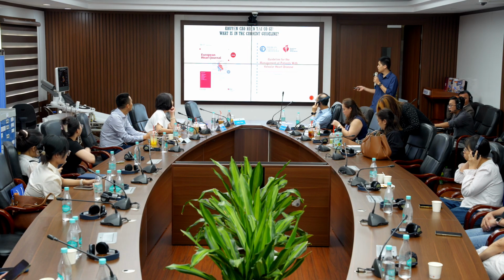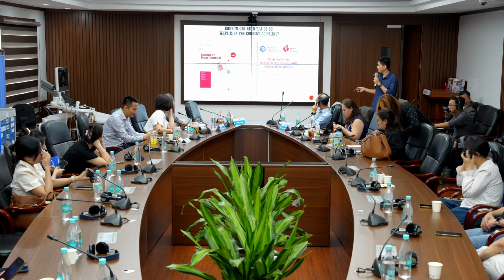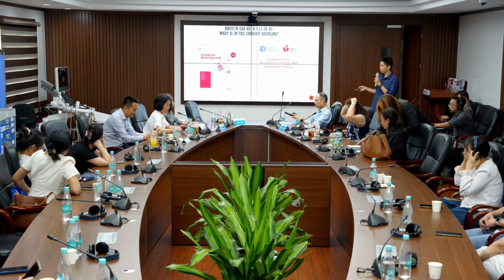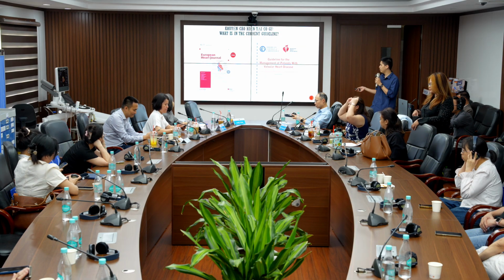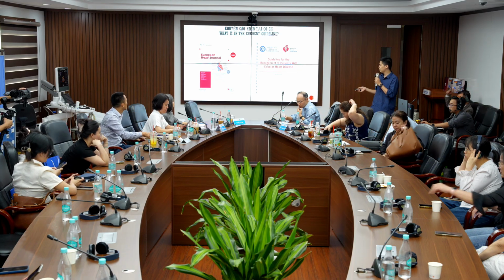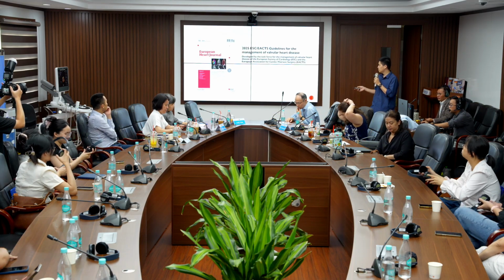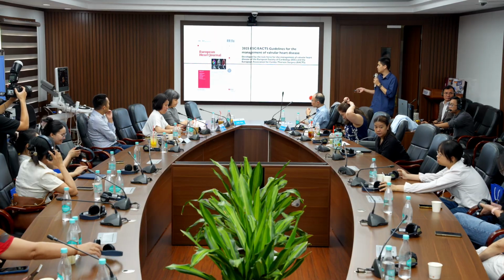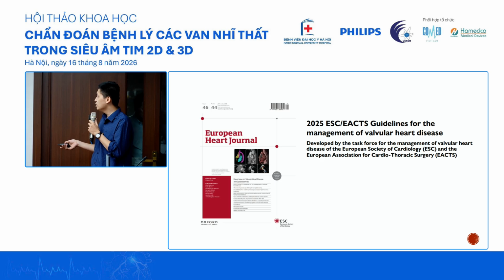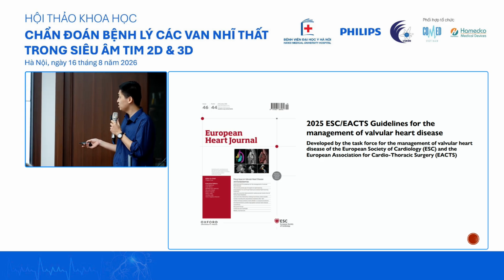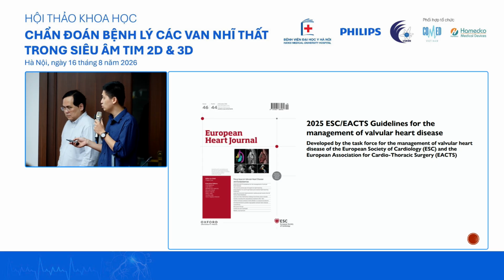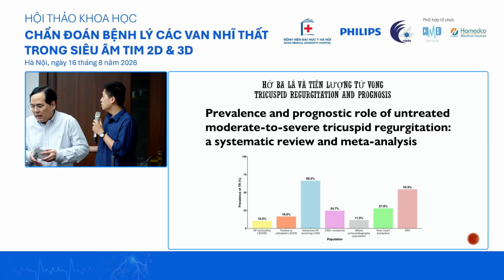So in 2020 and 2021, we had the ESC and ACC/AHA guidelines. We have 200, 300 pages, and about 2.5 pages on tricuspid regurgitation. It reflects somewhat the part we forgot about. But in 2025, we have an update again with 6 pages. So we doubled the level of knowledge we have. We think we have a few new points about tricuspid. We have more to talk about this valve now.